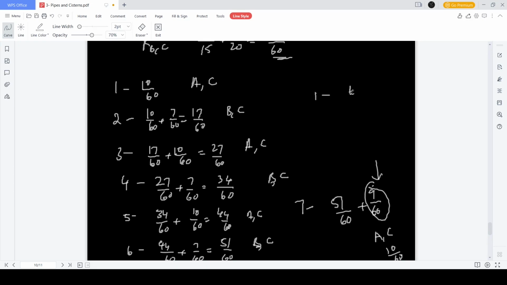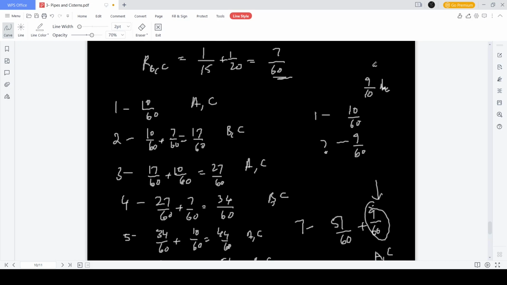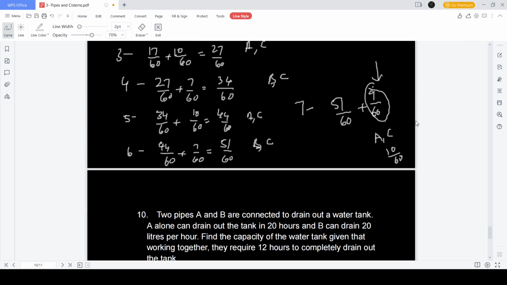So we know in 1 hour, 10 by 60th of the tank can be filled. So 9 by 60th of the tank can be filled in how many hours? How many minutes basically? So we cross multiply, we get 9 by 10 hours. If you want to convert into minutes, you have to multiply by 60. So this goes 6 times and then you get 54 minutes. So the last cycle is only 54 minutes long,